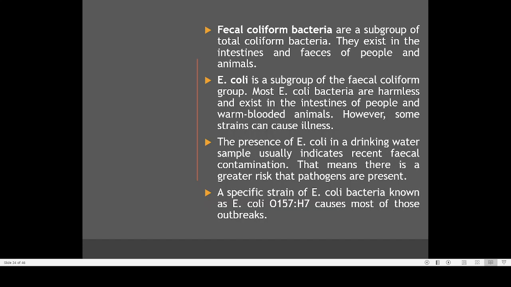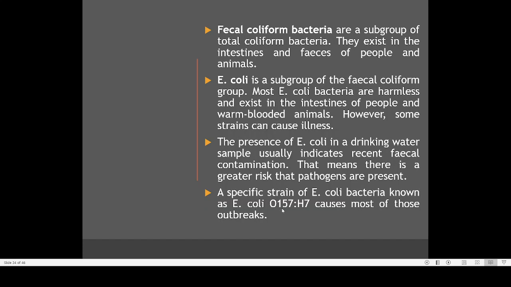See, these are all fecal coliform bacteria, and this is how we are testing for that. Most of the time they are present in the digestive system of farm animals, human beings, wildlife and pets. E. coli is a subgroup of fecal coliform bacteria, and here you can see they are mostly harmless, but their presence indicates